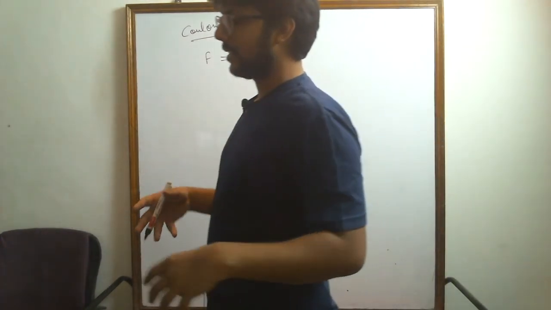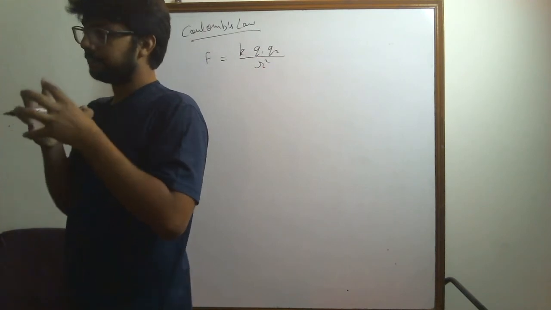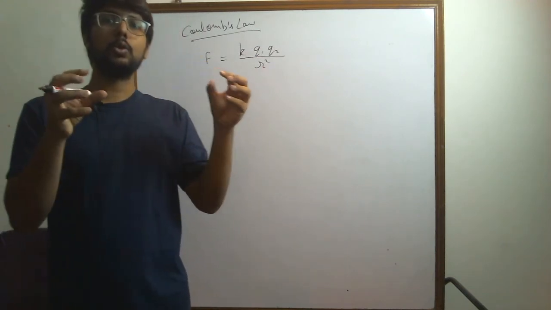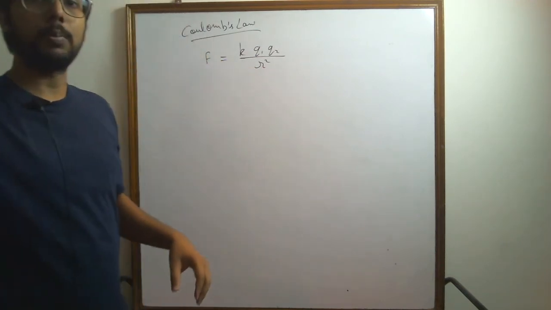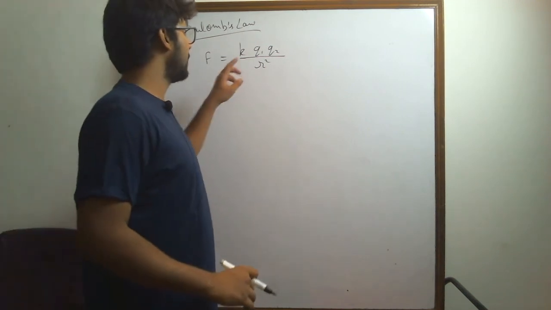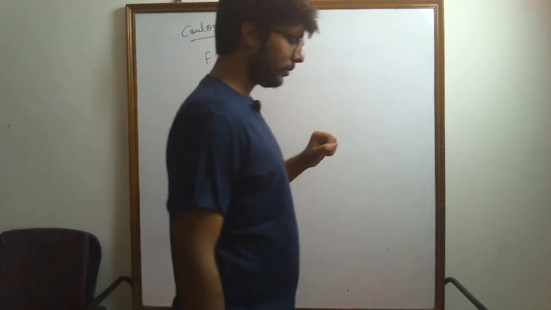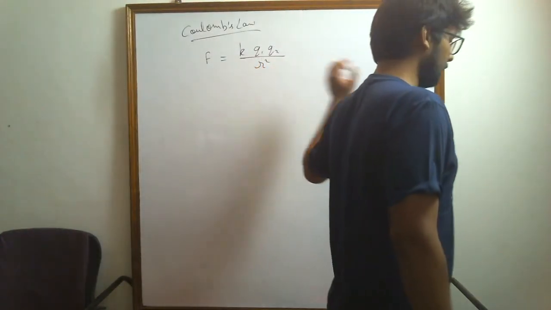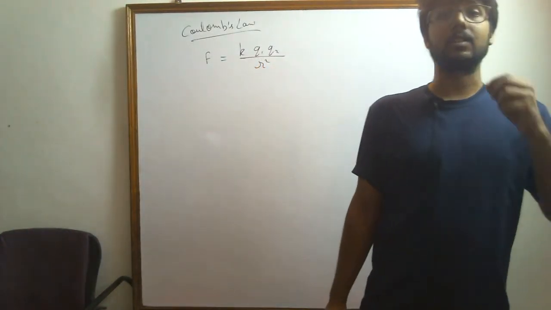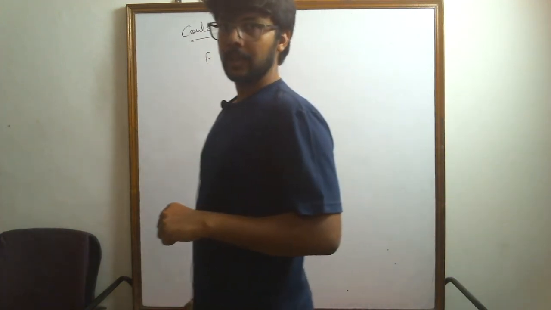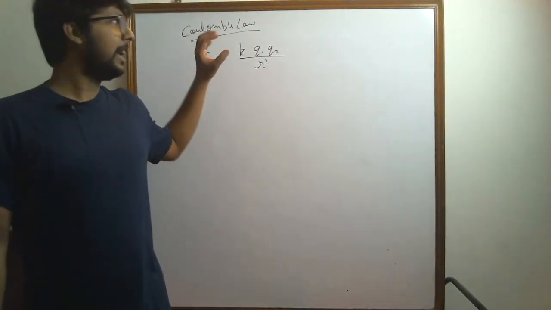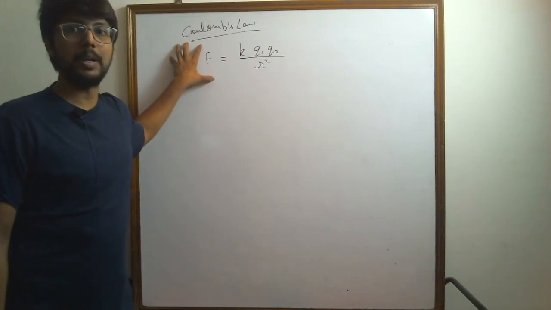Coulomb's law states that the force between two charged objects or particles is directly proportional to the product of the two charges and inversely proportional to the square of the distance between them, right? And this was totally found out experimentally. That means